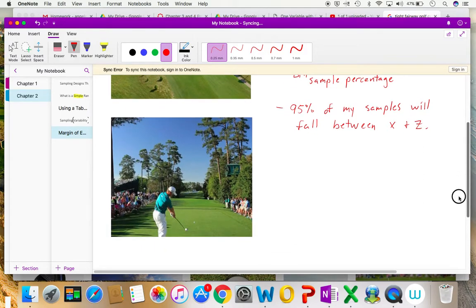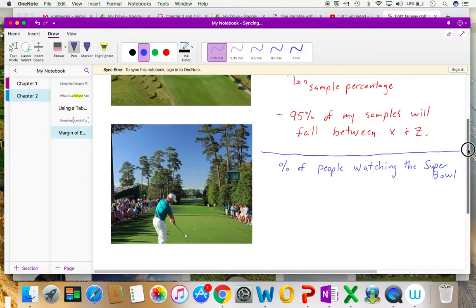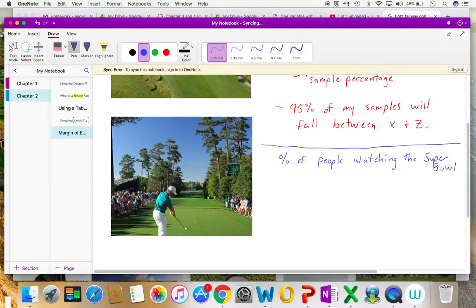And let's say the variable of interest is, I'm just going to do this in a different color so we don't get confused here, the percentage of people watching the Super Bowl. And the reason I select this variable is because I don't know what that number is going to be. I don't know what that percentage is. It's not feasible to go about polling all 7 billion people in the world and asking them, are you going to watch the Super Bowl or are you not? It's a very difficult process to do.